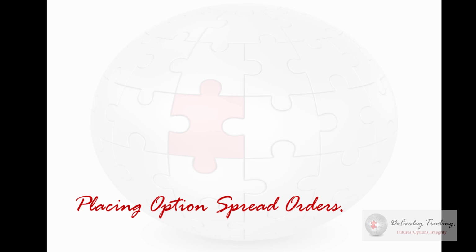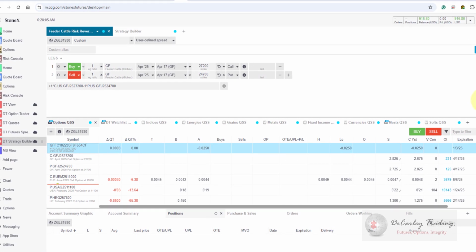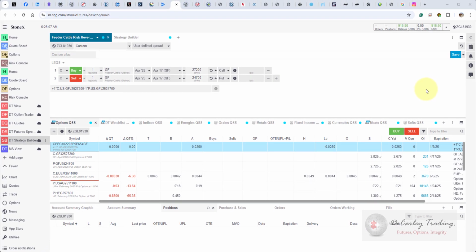In this tutorial, we're going to talk about placing option spread orders, or in this platform, it's referred to as building a strategy. We've created a pre-built page that allows users to easily build option trading strategies, and we call it the DT